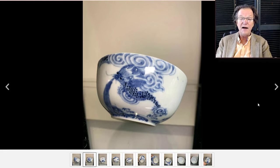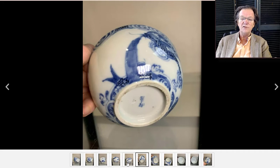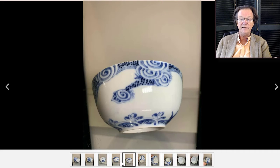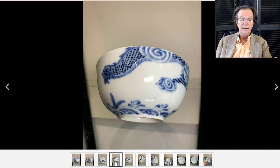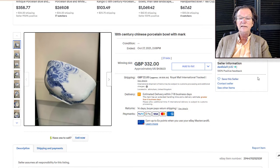At any rate, this is a nice Blue to Hue market example. They listed it as 18th century. It might be 18th, it could also be early 19th century. These can be tricky to date, but this was a nice one, and I think it sort of went under the wire. I think a lot of people saw it as Chinese, and it looked odd to them because they didn't mention that it was for the Vietnamese market. And someone picked it up for $458, which is I think a couple hundred under what they typically bring,